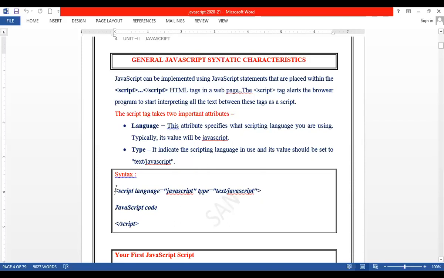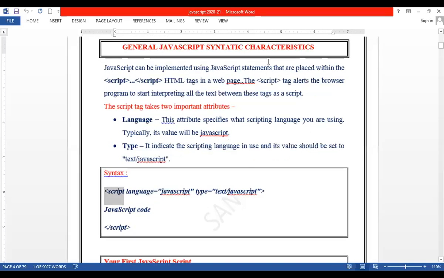We write script, followed by its attributes. You have to compulsorily follow the way of writing. It is written in small case letters, because as I told you, it is one type of scripting language, and a scripting language is case sensitive. You have to follow the case sensitivity here.